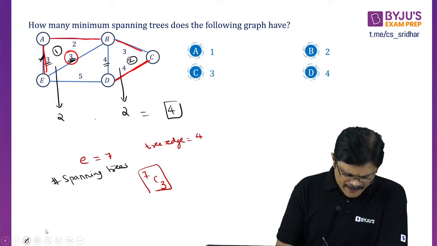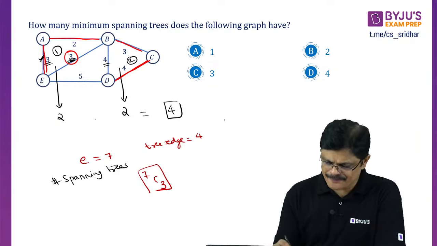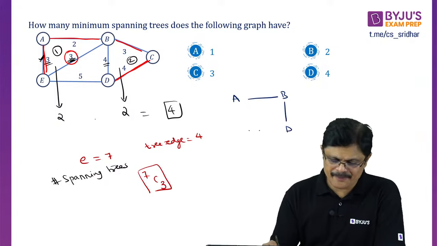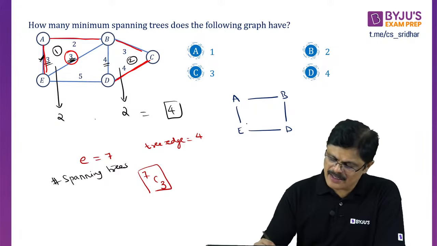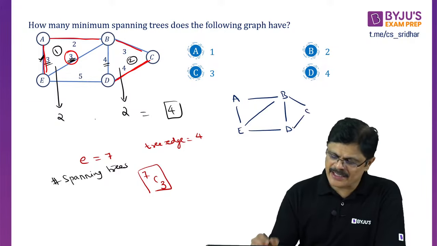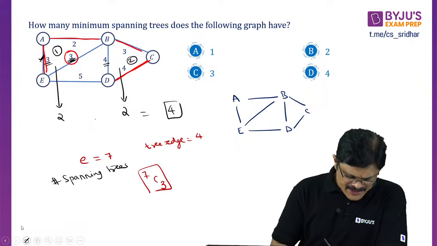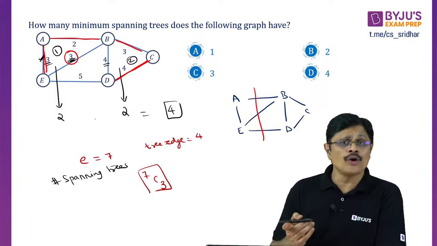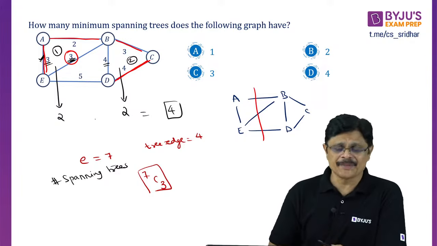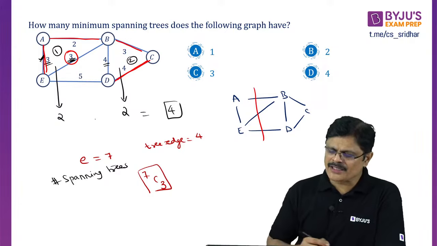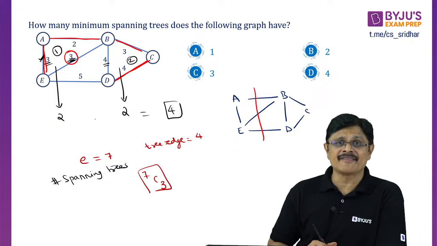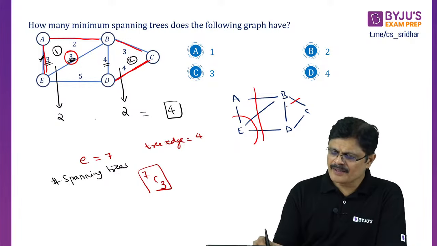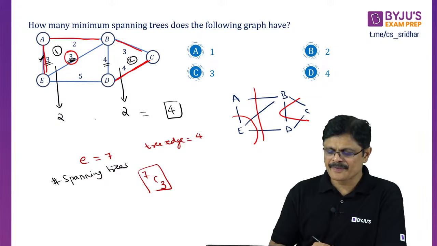So for that, let me draw this graph once again quickly. A, B, D, E, and this one, this is C, and this one. See my dear friend, in this, if I remove these 3 edges, the graph gets disconnected. So this one cannot be in my selection. Next, what are the 3 edges whose removal disconnects the graph? The 3 combinations. There will be many, sir. This 3 will disconnect the graph. Okay?